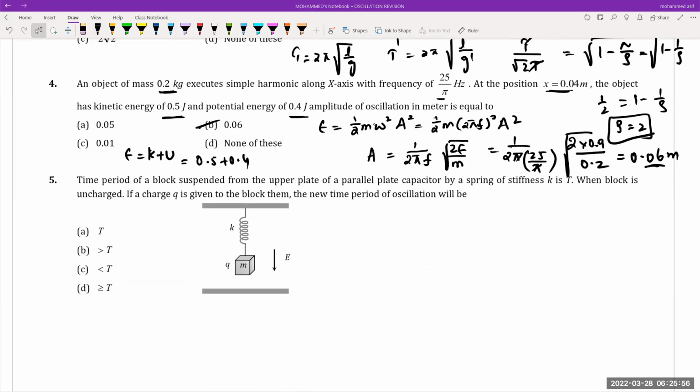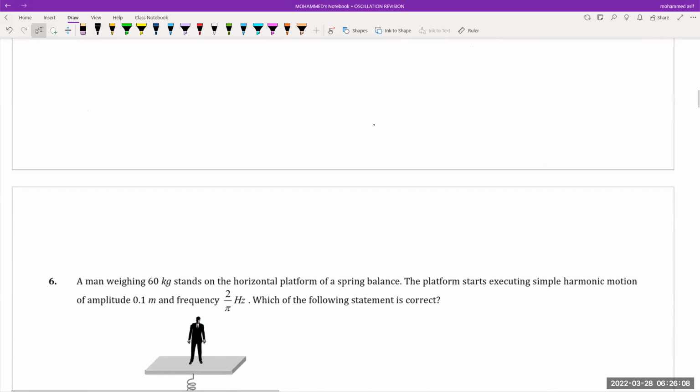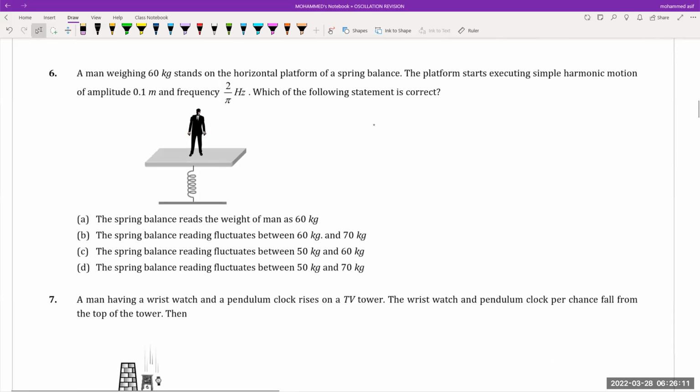चलो fifth one, time period of a block suspended from the upper plate of a parallel plate capacitor by a spring of stiffness K is T when the block is uncharged, the charge Q is given to the block, then ये तो second year आने के बाद आता है, इसको छोड़ दो. Sixth one देख लो बेटा,